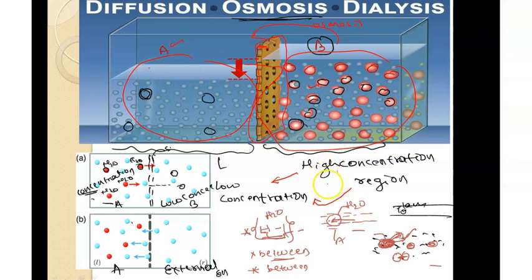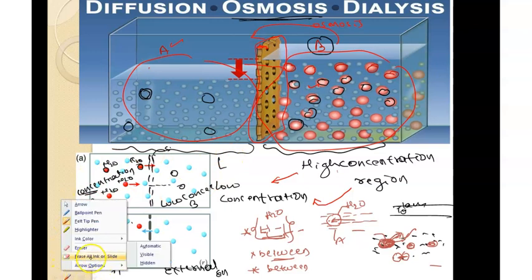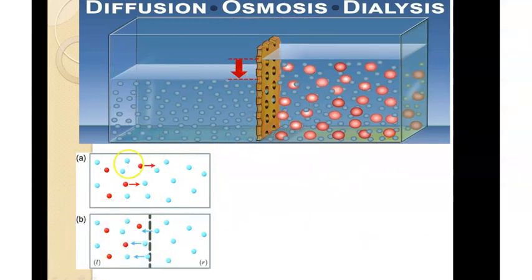So the process of exchange of water from higher concentration region to lower concentration region is called osmosis. This exchange can happen between two cells or between a cell and its external environment. Ultimately, I wanted to point out this one only. I already gave you the definition. That definition you can also write like this.